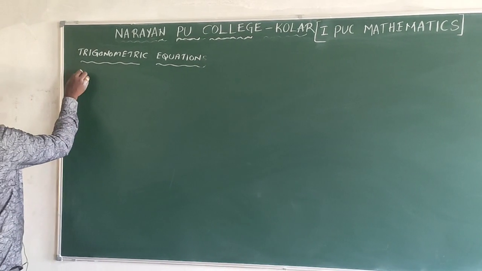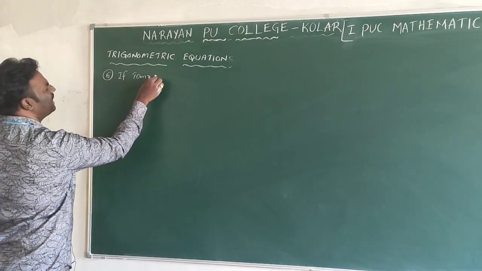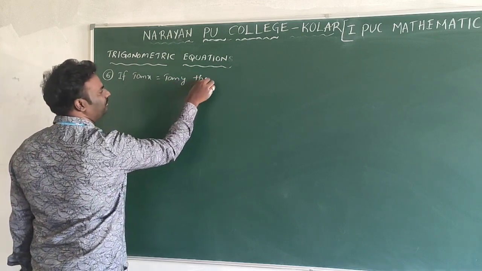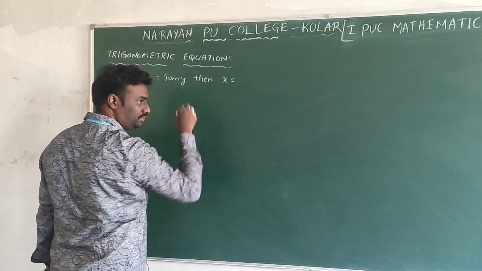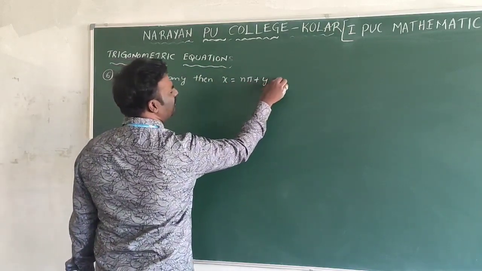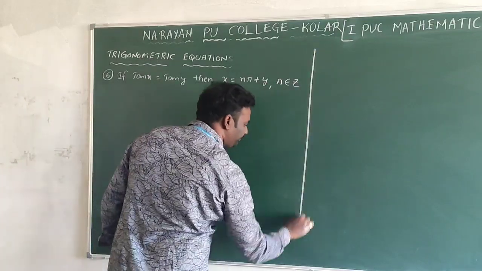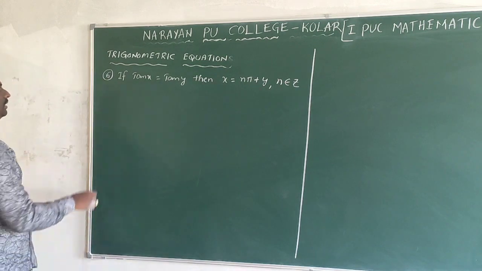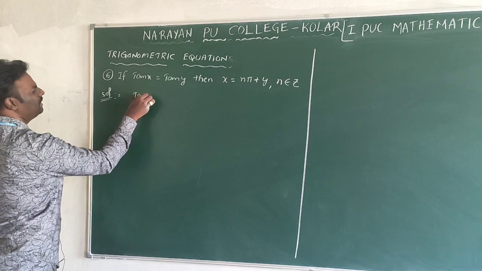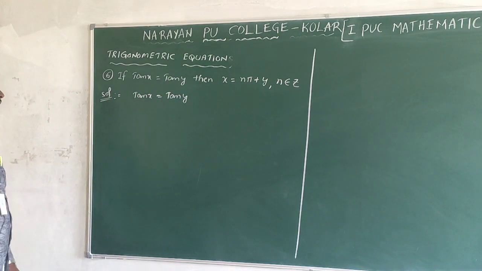Next, sixth one, if tan x is equal to tan y, then x is equal to n pi plus y, where n belongs to integer. Okay, listen, they have given tan x is equal to tan y. It can be written as